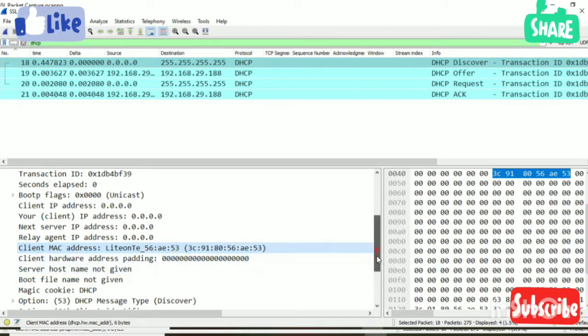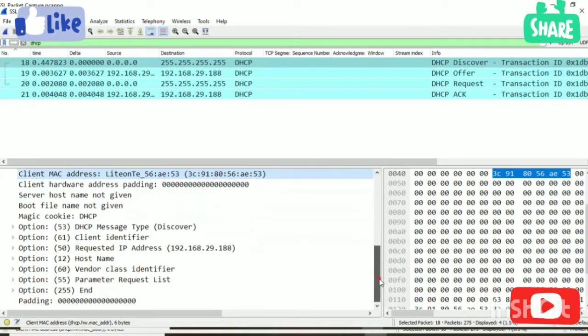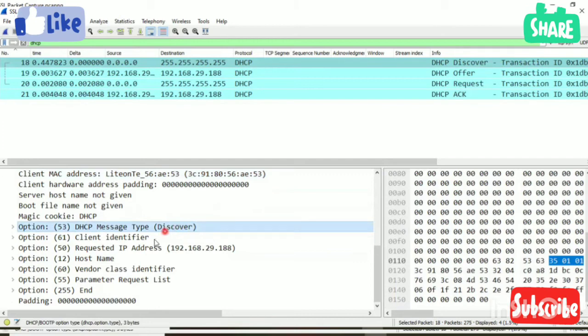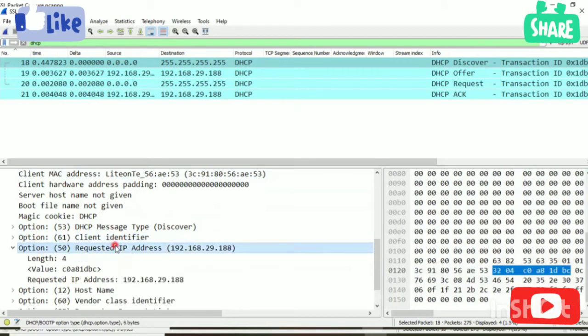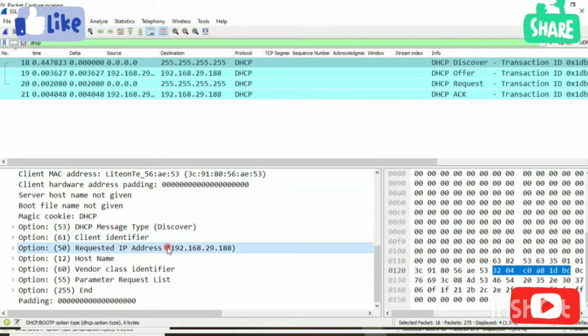Then the DHCP magic cookie. Here it has some parameters. It is requesting some parameters from the server. First, the message type is discover. Next, the client identifier. It's nothing but the client MAC address that is the client identifier. Then the requested IP address. Now the client is requesting this IP address